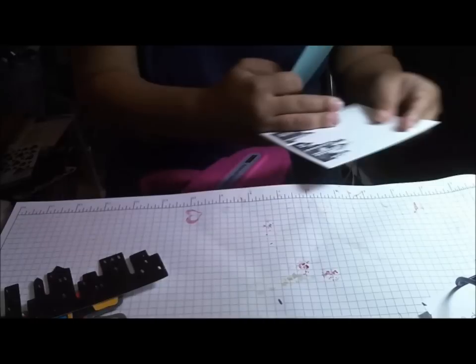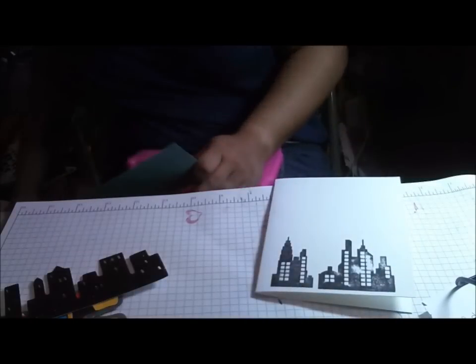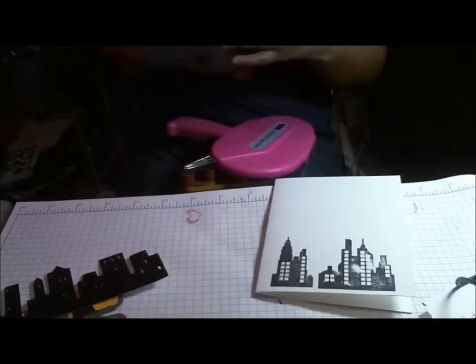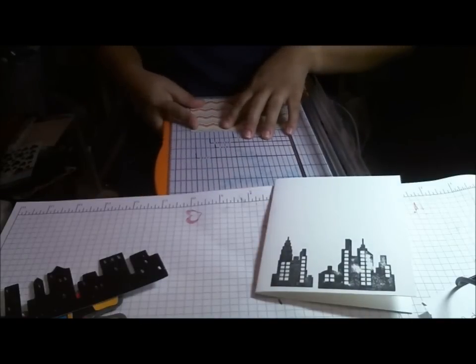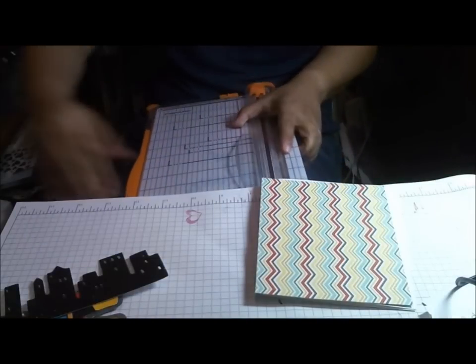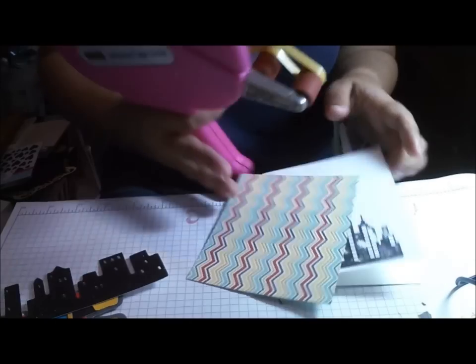My card is actually a little bit smaller. This is 5 1/4, so I'm going to trim this off if I can find my paper trimmer. Oh, here it is. So I'm going to trim this off. I don't know why that card is only 5 1/4, but it is, and I'm going to trim off this so that it matches better. Okay, go ahead and do that. Yes, so I'm just covering it up because I don't